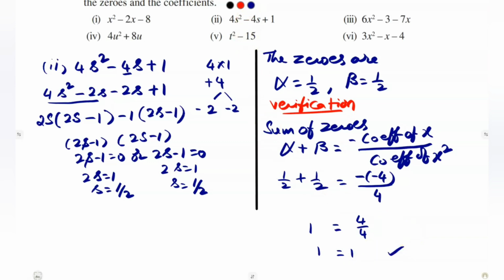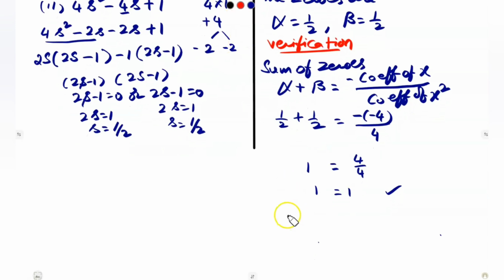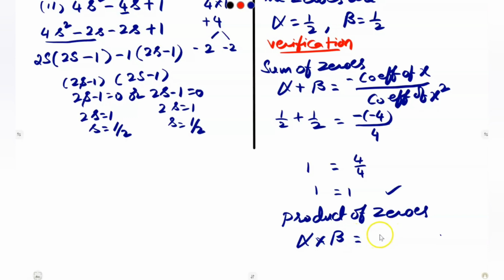Okay, now let us do the product of zeros. Let us take the product of zeros: alpha times beta, which is equal to, our formula is constant term by coefficient of x square, or s square here. So alpha times beta is half times half,